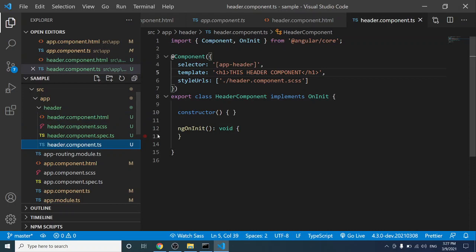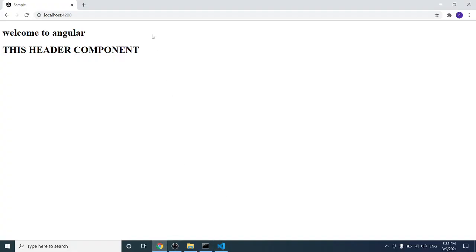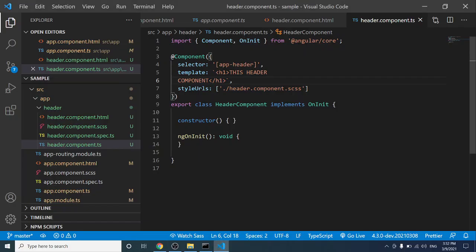But now we have mentioned this one as an inline template. Whatever we write inside this one, it will be displayed on the web page. But when we write this into multiple lines, this will break. To make it work, we need to change this to backtick characters, so it can span multiple lines. So let's go to the page and refresh it. So this is also working as expected. So we can write an inline template and we can refer to an external template also.